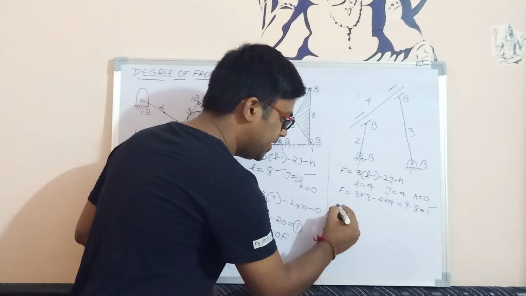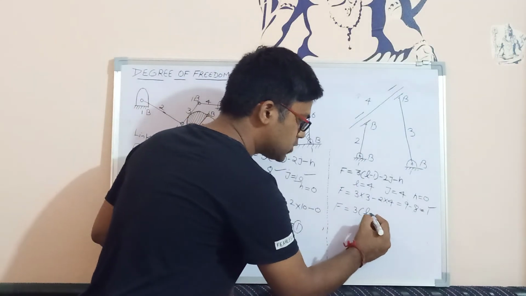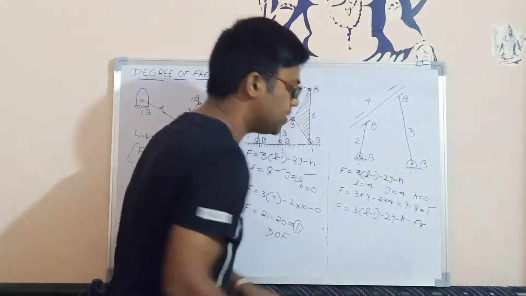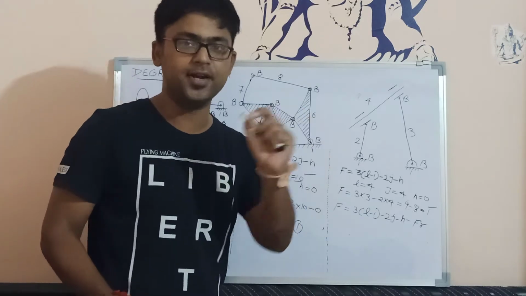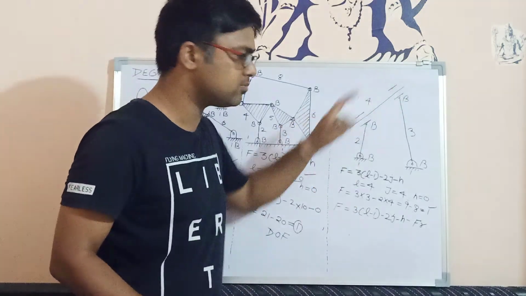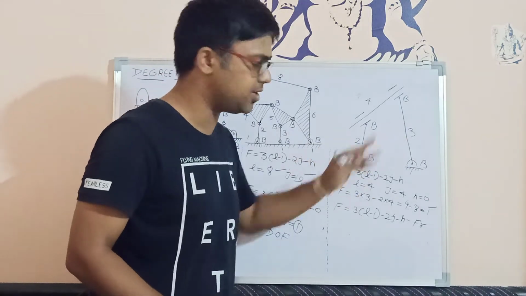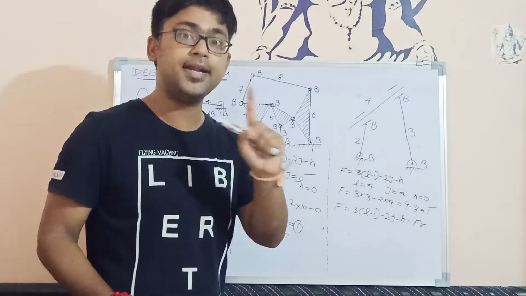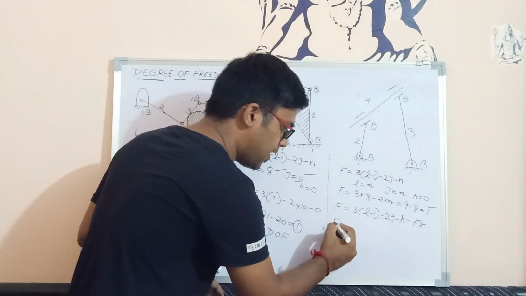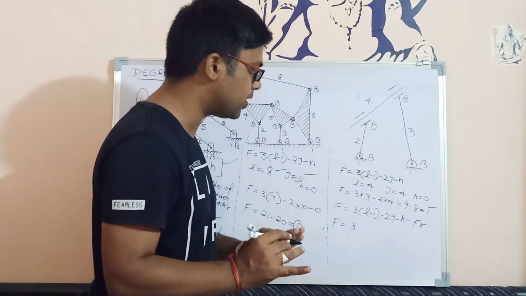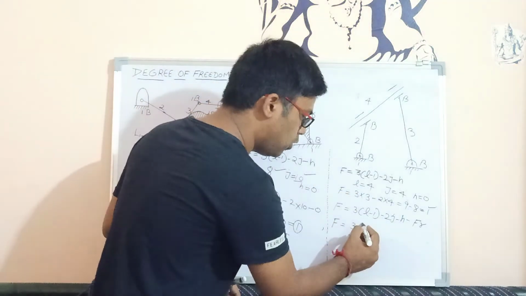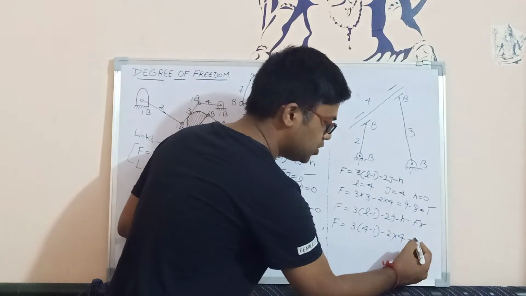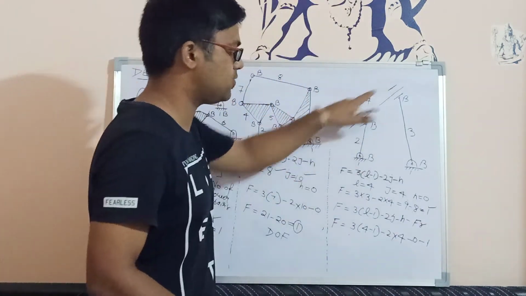So the formula basically will be written as F = 3 into (L minus 1) minus 2J minus H minus Fr. Now this Fr basically represents the redundant degree of freedom. In this case it can only slide but will not affect the motion of link 2 and 3. So we can say this slider, basically this rod, is having 1 redundant degree of freedom. So if we apply the formula of F, it is going to be 3 into (L minus 1). What is the value of L? It is 4. So 4 minus 1, minus 2 into joints, again 4, minus H is 0, minus Fr is 1, that is for the rod.